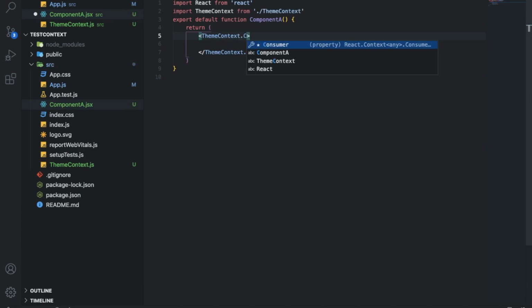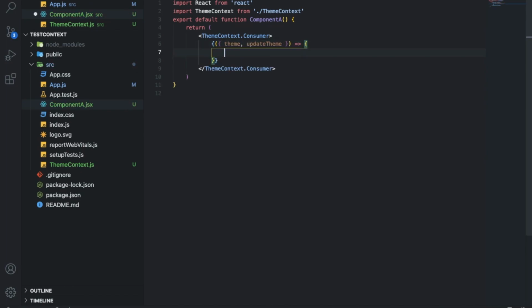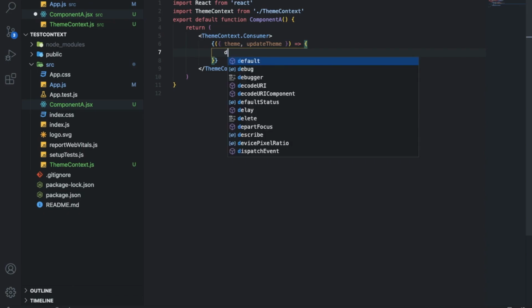So I'm replacing this div with theme context. Just keep one thing in your mind: you have to use theme context dot consumer whenever you want to access the global state. So here I can get access to theme and update theme, which I had inside my root component,